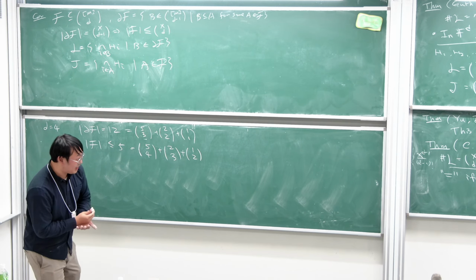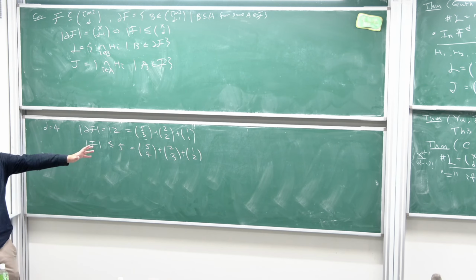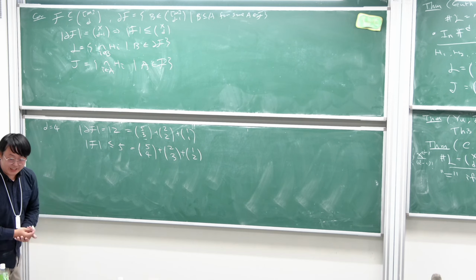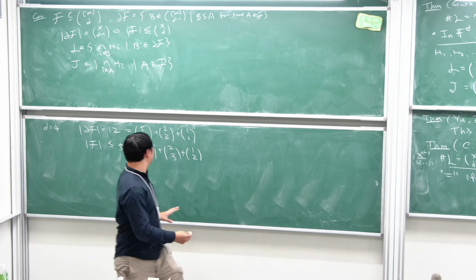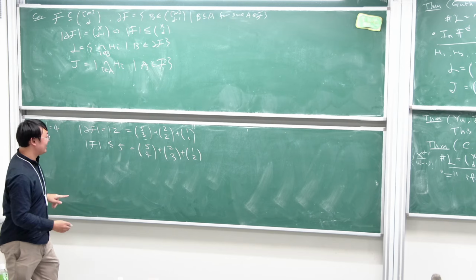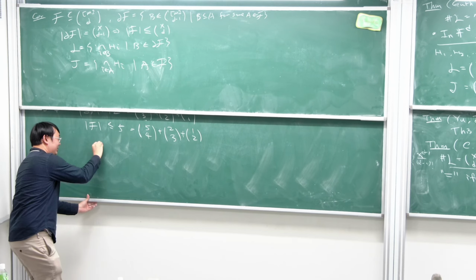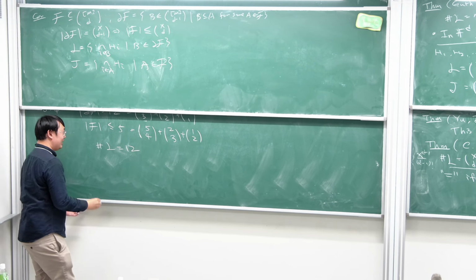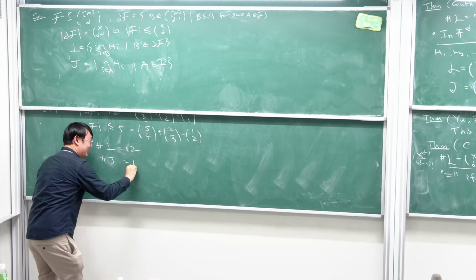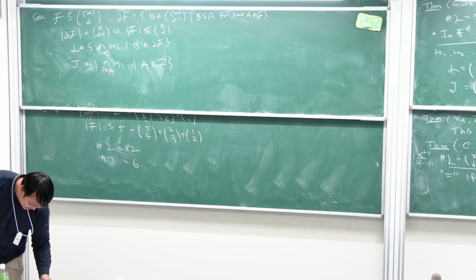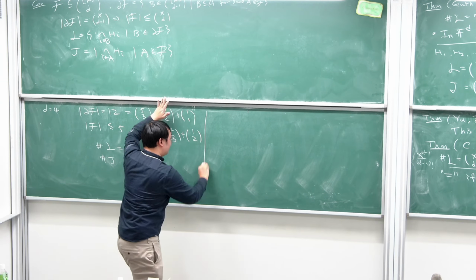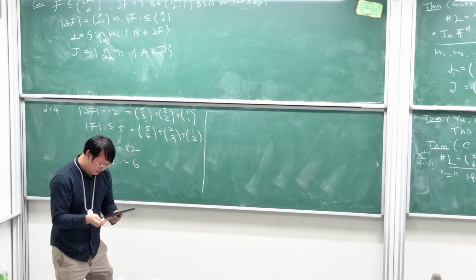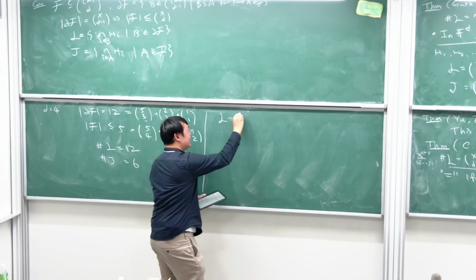However, this is not true in the setting of the joints problem. So let me tell you about a configuration in the joints problem that has 12 lines. I'll give you a construction where the number of lines is 12, but the number of joints is 6. Okay, so let's take